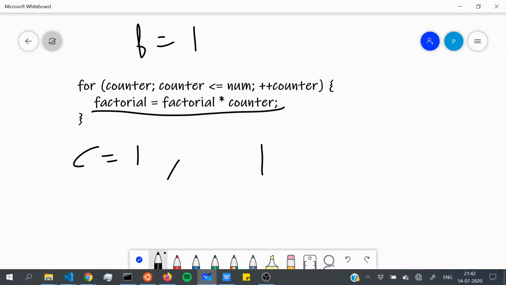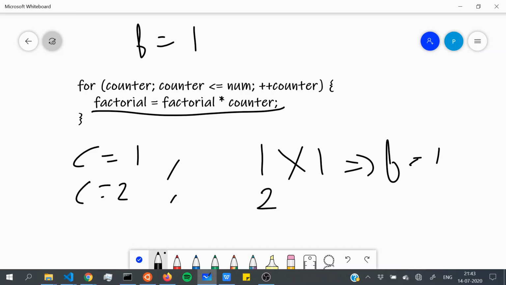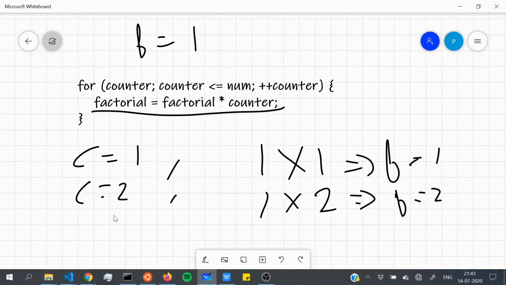So for the first iteration, our factorial value will be 1 into counter, which is equal to 1. So right now the value of factorial is equal to 1. When counter is equal to 2, you are then updating factorial by saying factorial is equal to the current value of factorial, 1, into 2, which is the value of the counter. So factorial is now equal to 2. And if you continue like this,